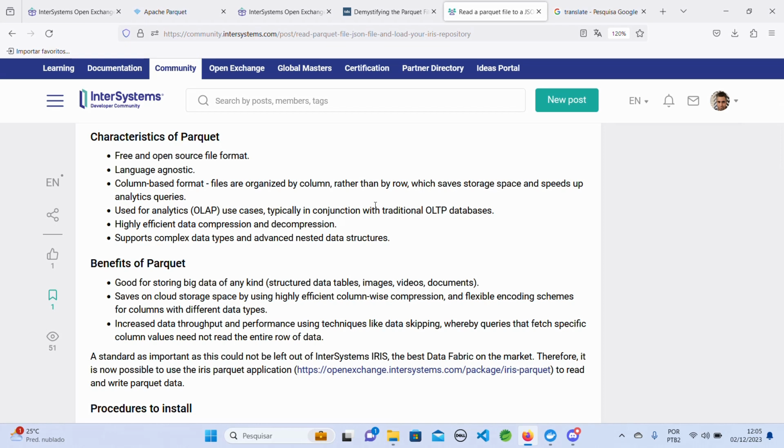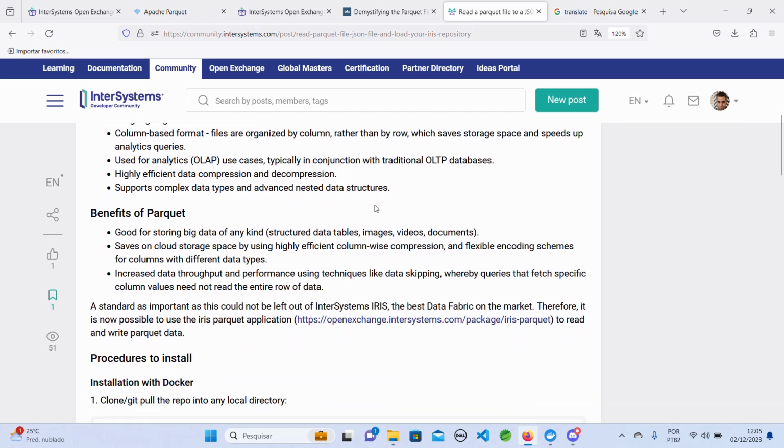It's column-oriented and used in analytics use cases in conjunction with traditional OLTP databases, with highly efficient data compression and decompression, because it's a big data use case. You must use data compression and decompression, and it supports complex data types, advanced nested data structures inside the file,